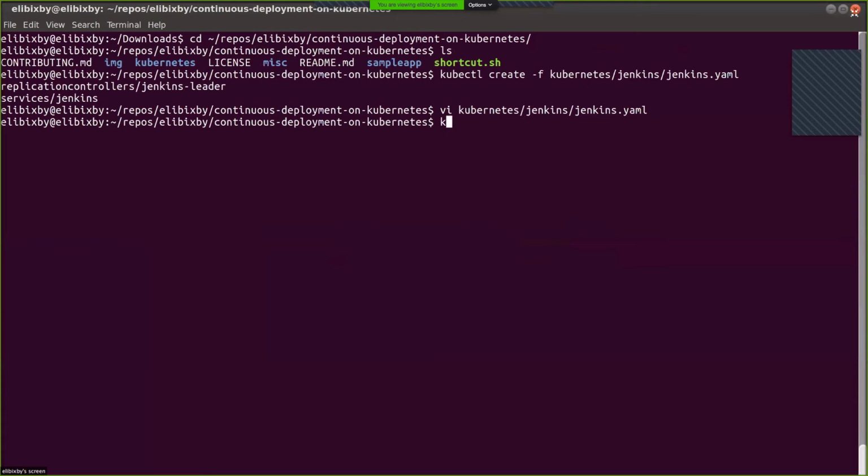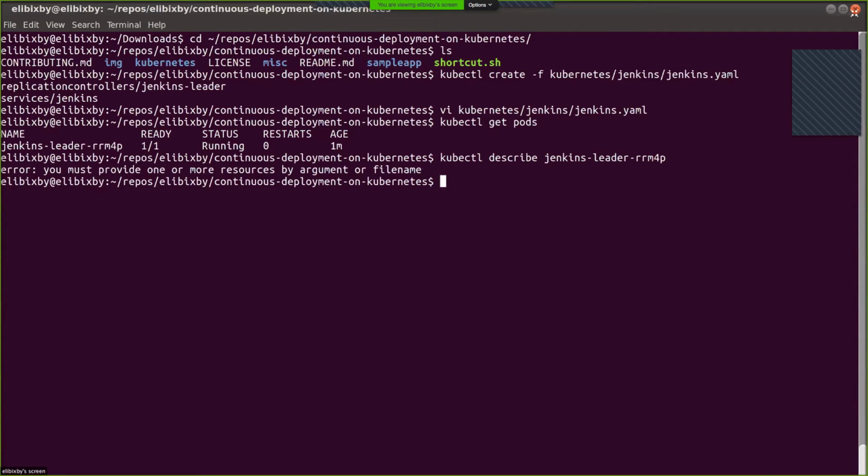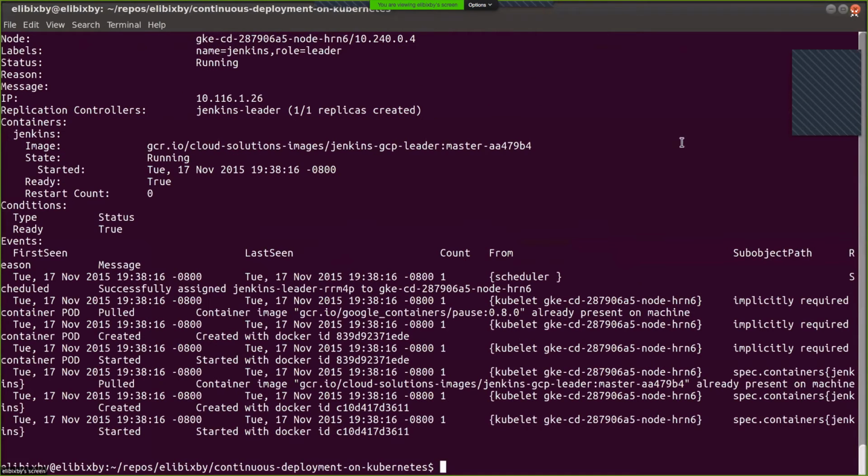So we can actually see there's a pod running. If we want to get more detailed information, you can see sort of a log of it starting up. You can see it pulls down the container that we're using to run Jenkins, starts it up, and there's nice things like state, how many times it's been restarted because it's gone down for no reason.